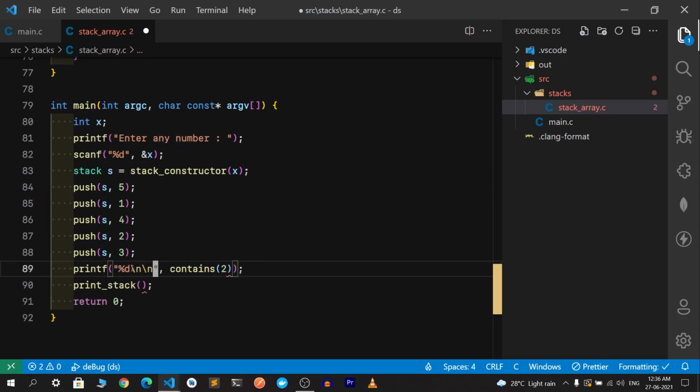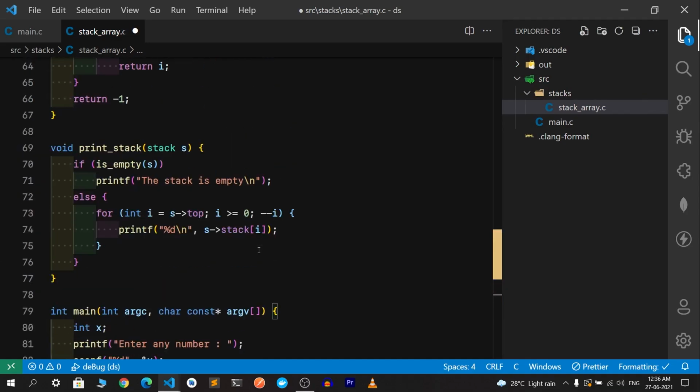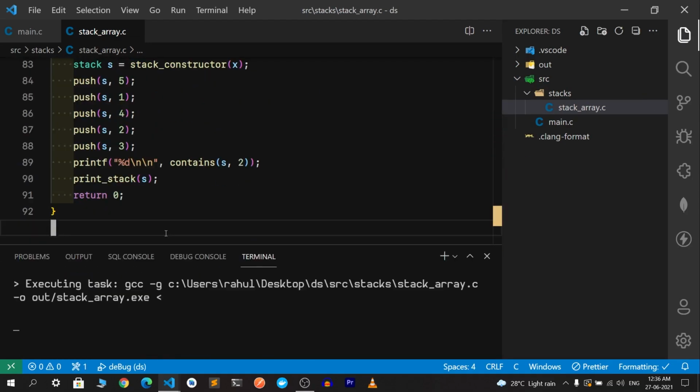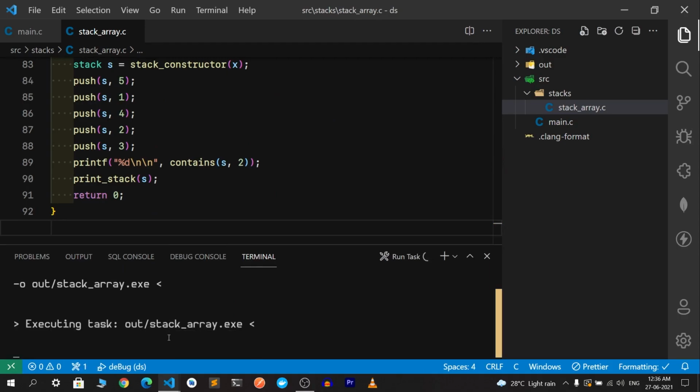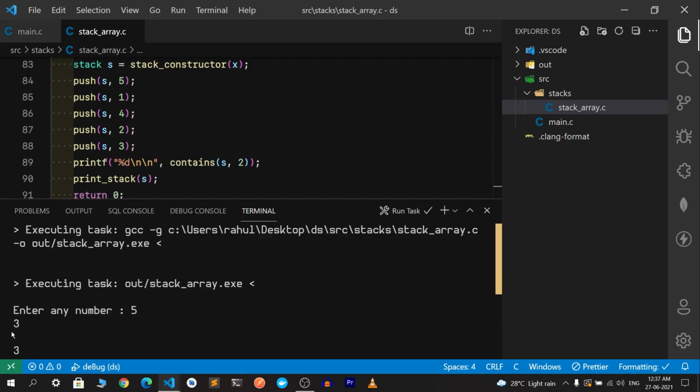this should be over here, and this takes an s. Okay, let's check it out. So I'm compiling it and running it. So I'll just click compile now. It's getting run. Enter any number, by pressing 5, and you can see we just first 3 is being printed